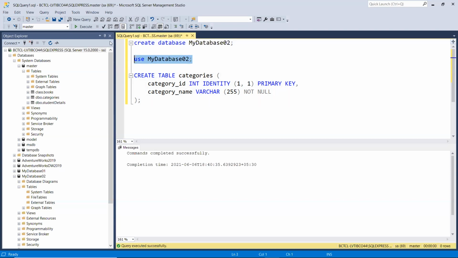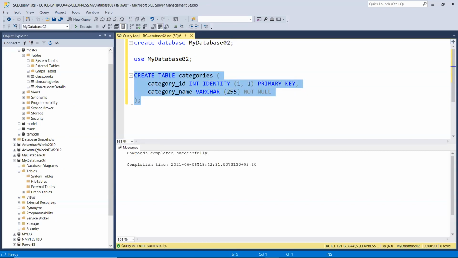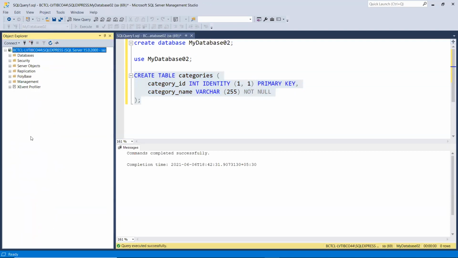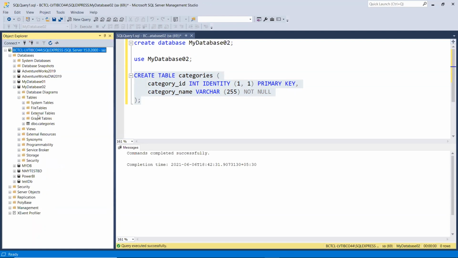If I execute this command, it will now use my particular database, and the query that I execute now will be used for that database. If I go back now and refresh the connection, go to the database and then the tables, now I have my table here.